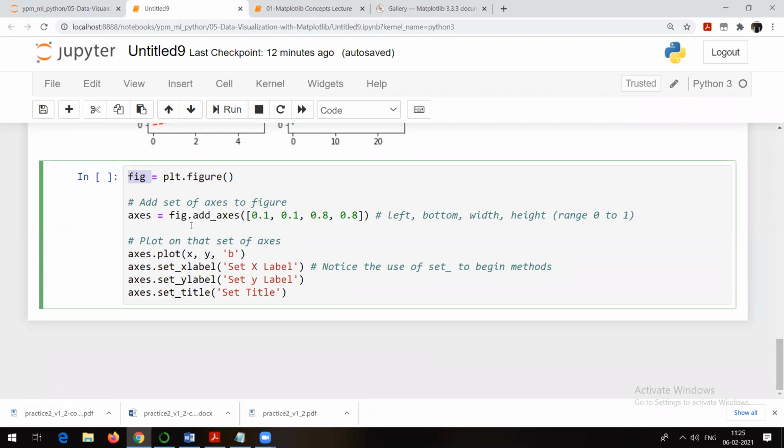After that, axis is equal to figure.add_axes. Now see, what are 0.1, 0.1, 0.8, 0.8? This is nothing but the distance from the left side, then bottom, then width, and then height. All these numbers should be in the range of 0 to 1, not less than 0, not greater than 1. It should be between 0 and 1.